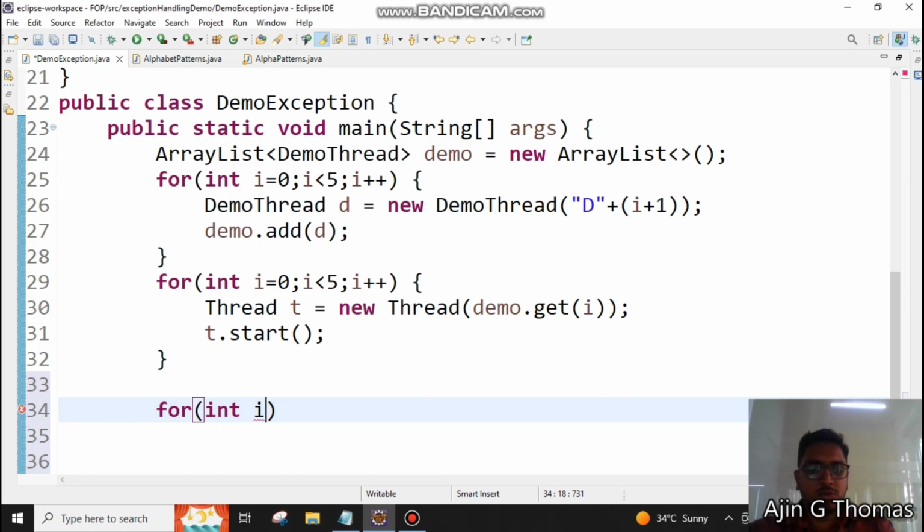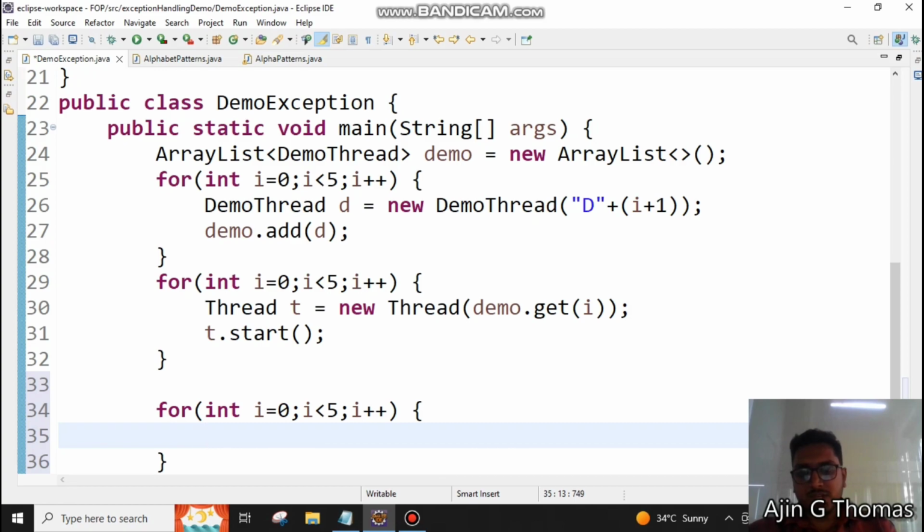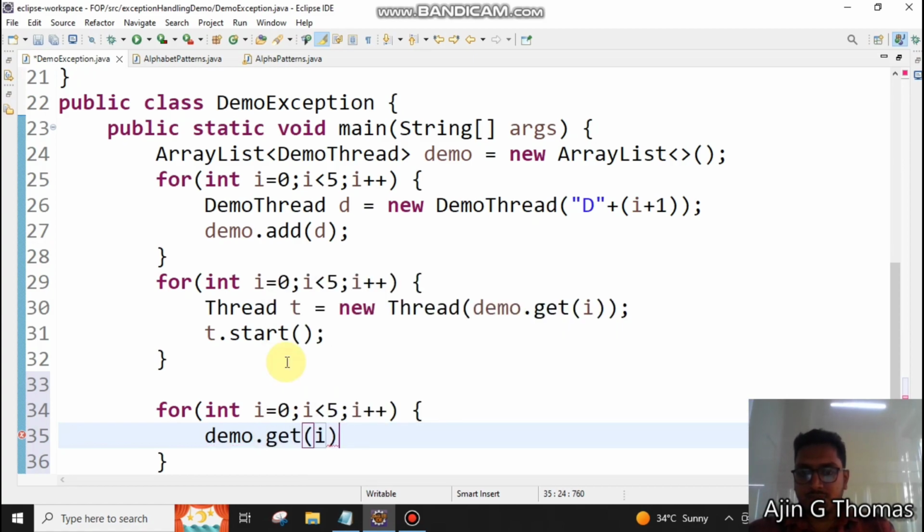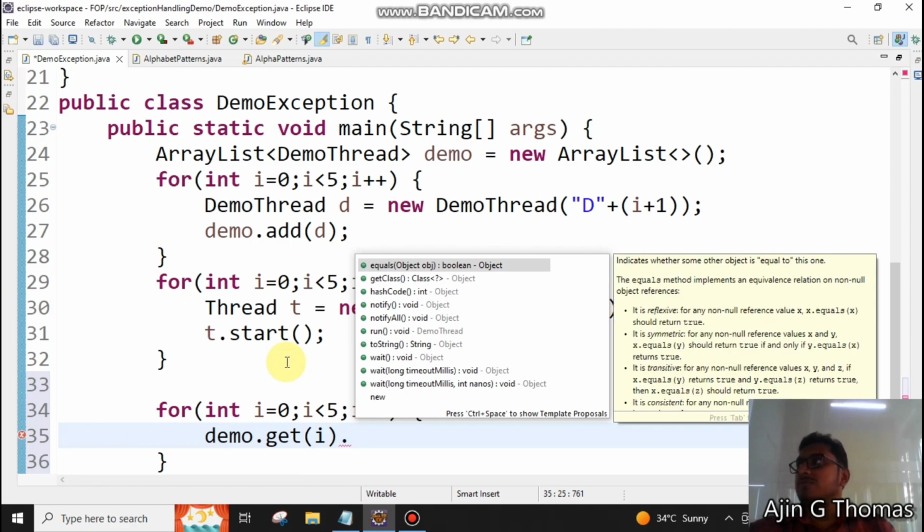So I am going through the loop. How can I access the element? Demo dot. So these are the objects of each demo class, right? On each of them I can apply